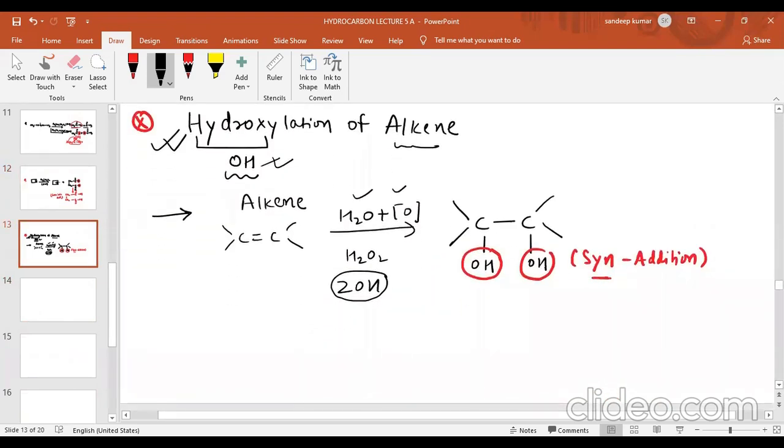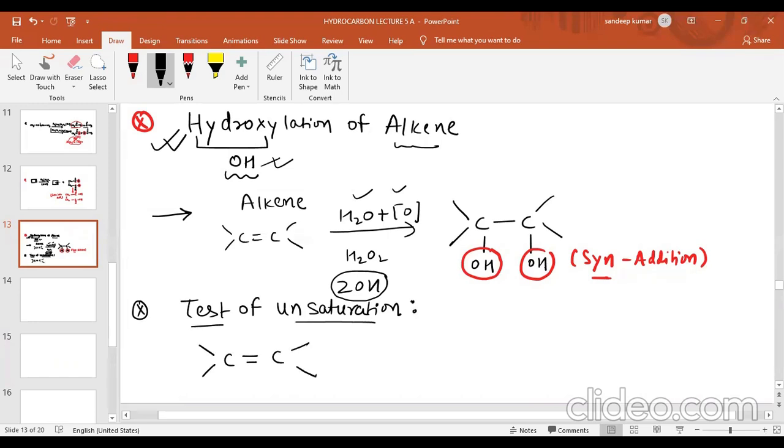See, this is very easy. So first reaction. We can also count these reactions in the test of unsaturation. So the first reaction is when there is an alkene, C double bond C, and we add